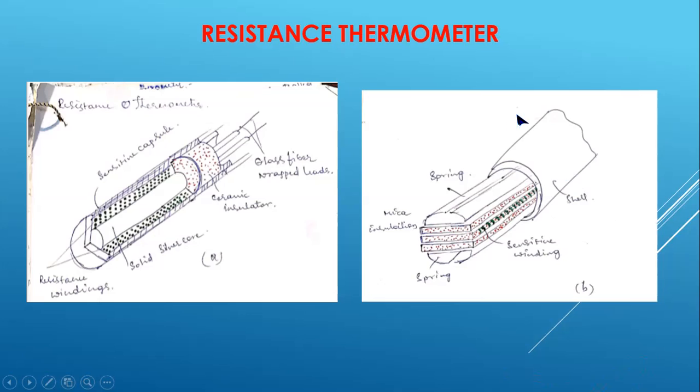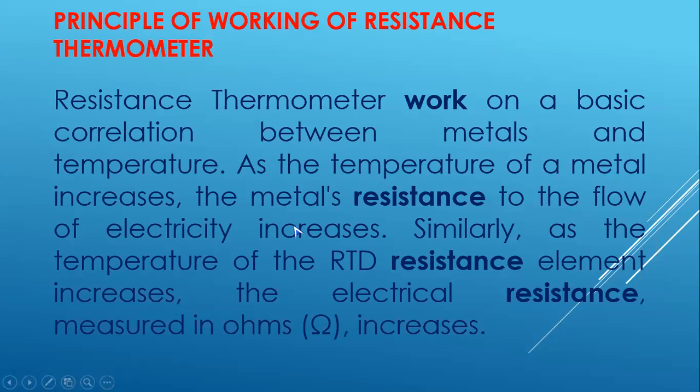That is, the measurement of steam in the boiler, the measurement of temperature in the boiler. For low temperature measurement, they use this type of resistance thermometer. One is for high temperature, the other is for low temperature. Here you can measure from 0 to 150 degrees centigrade. Both have applications in industries. This is the principle of operation of the resistance thermometer.